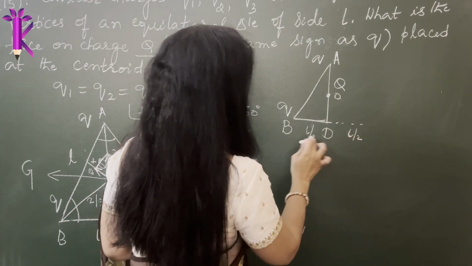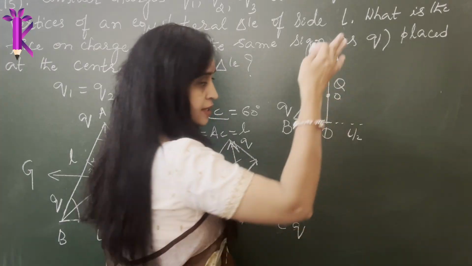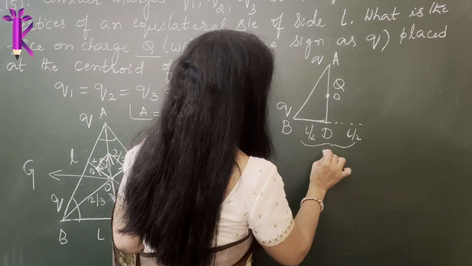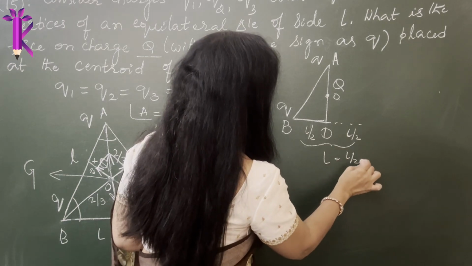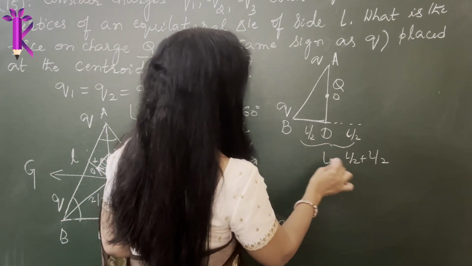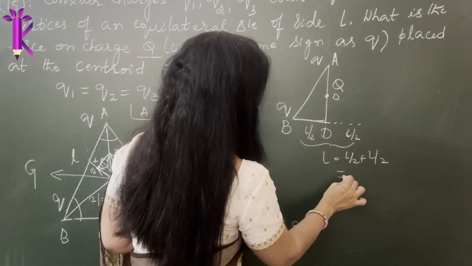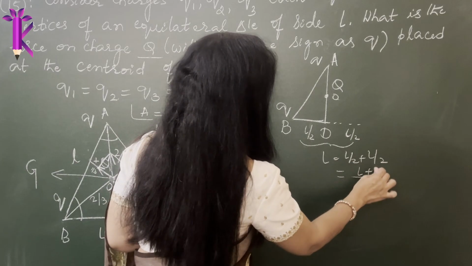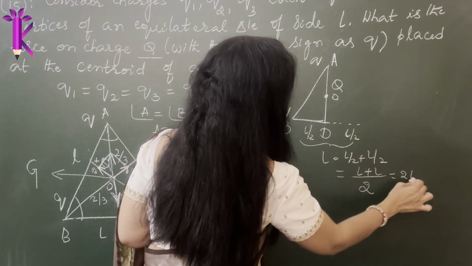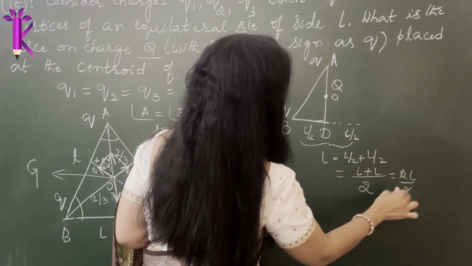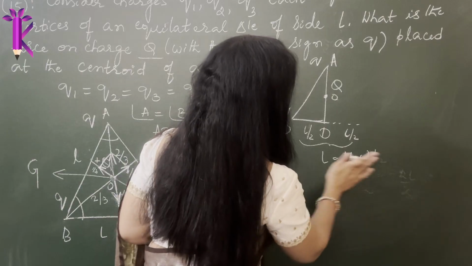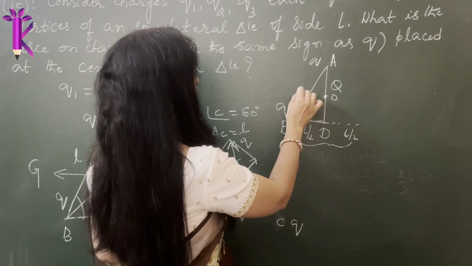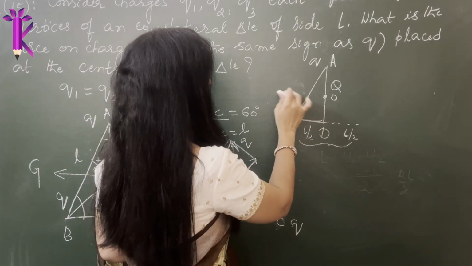Why is it L by 2? L by 2 plus L by 2, because it's half. L by 2 plus L by 2 is L. This whole length is L. L is equal to L by 2 plus L by 2. It is as simple as that, right? So if you still have confusion, though some people will, this will be L plus L, which is nothing but 2L by 2, which is nothing but L, right? So therefore, we can directly write it as L by 2 and L by 2, and this length is L.